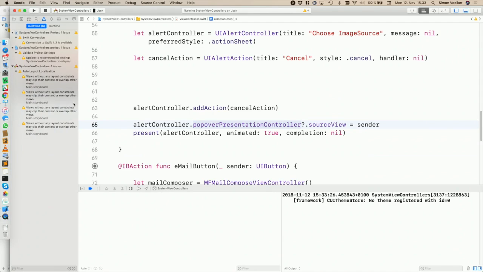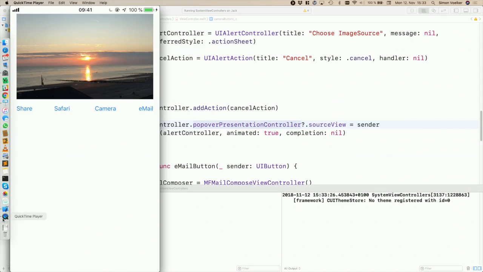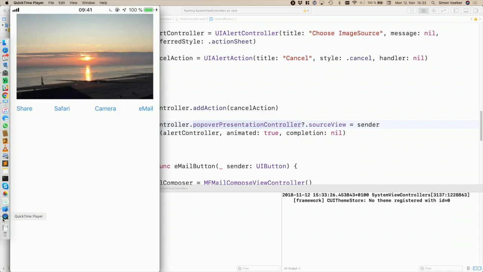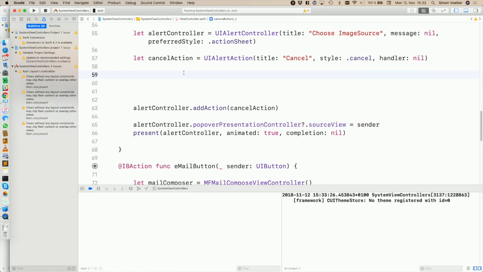So, you should now see here, as soon as I click the camera option, I get this pop-over menu. It has this particular title, the name I set, and I have a cancel button so far. This is the alert information that I can get, and now I can fill it up with the rest. When I press the cancel button, I can close this again. Or I can click somewhere else, if I don't want to have these options. So now we want to have the camera, and then afterwards we will do the